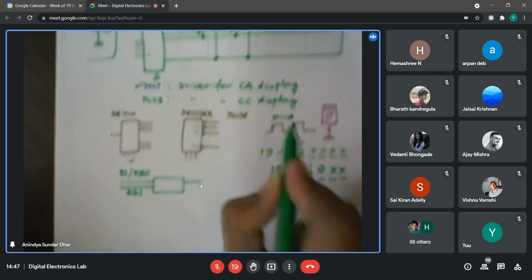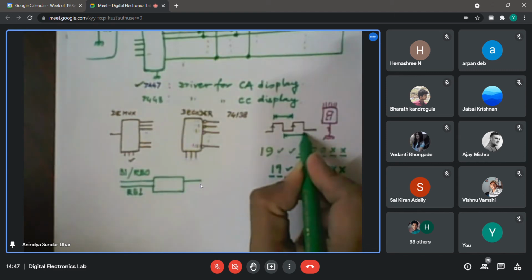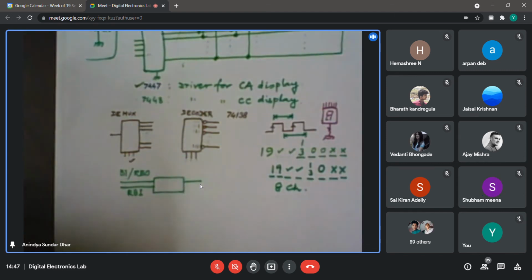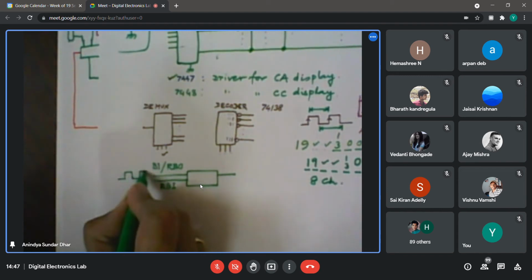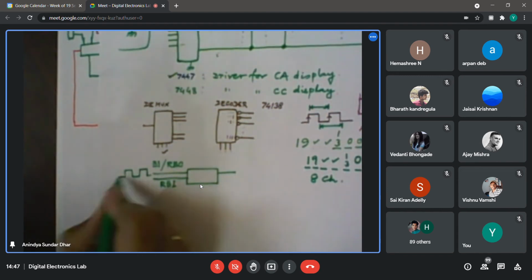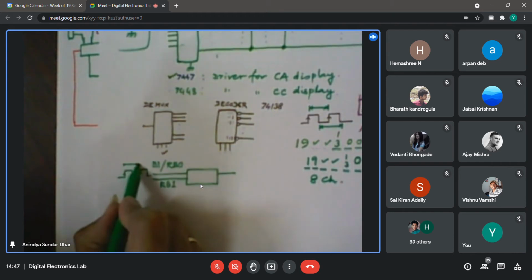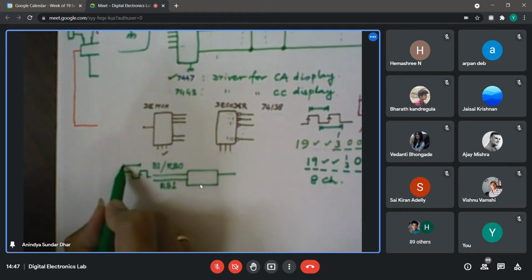So maybe we can do one thing. Maybe we can change the duty cycle and keep this clock as BI. No, you need not change the duty cycle. Directly you can feed this clock to BI. Then what will happen? Earlier, for the full duration the display was there.